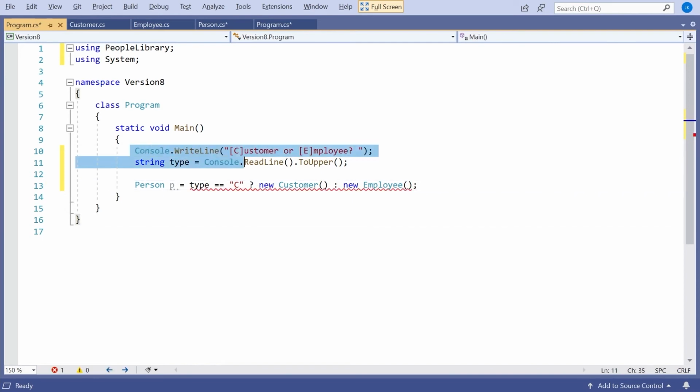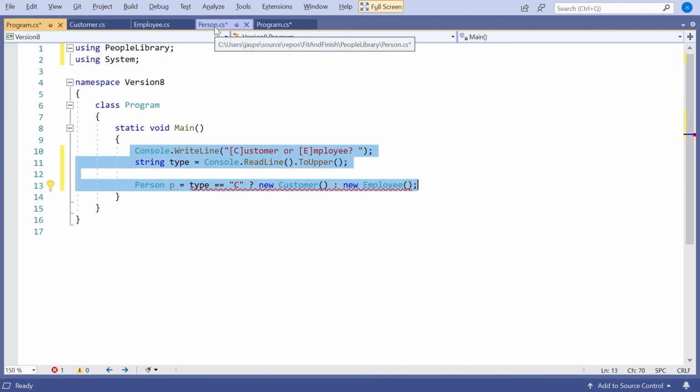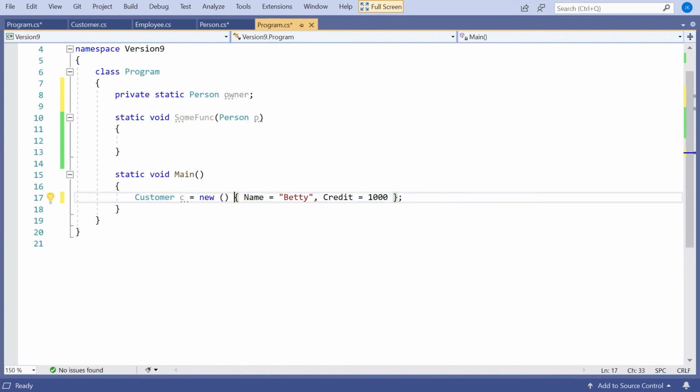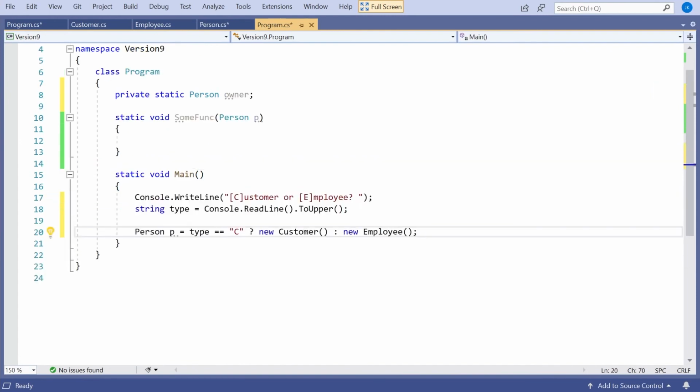However, if I take exactly the same code and pop that into our C#9 program, then we can see it's perfectly happy because it can infer the type of the thing on the right based on the type we've already declared on the left, which is essentially all we were doing in those other situations.